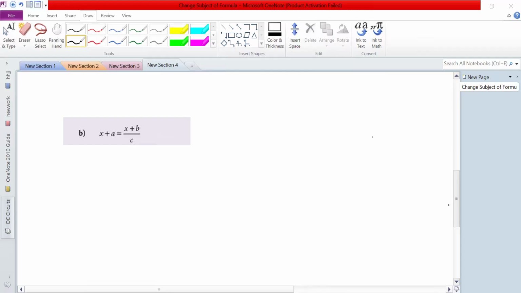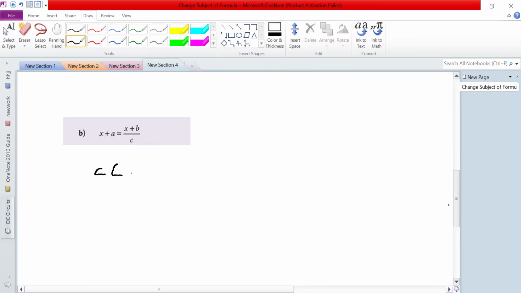For you to be good in maths, you have to fully comprehend this chapter on change of subject to formula. So the first example that we have is x plus a equals to x plus b all over c. The first thing that we need to do is take c to the other side. So c is dividing on this side. If it goes to the left-hand side, it will go and multiply. So we end up with a c,